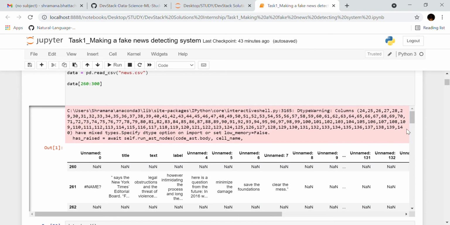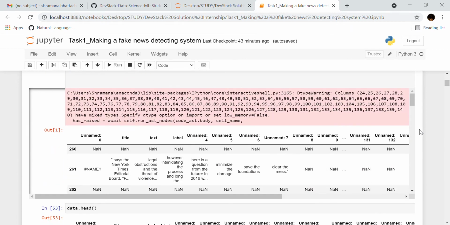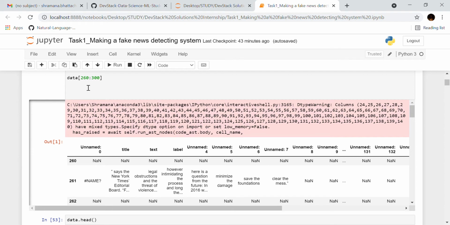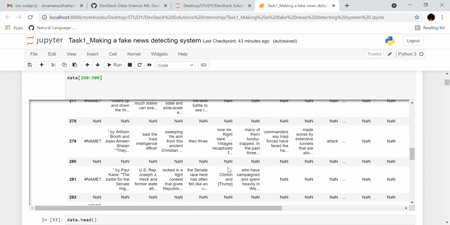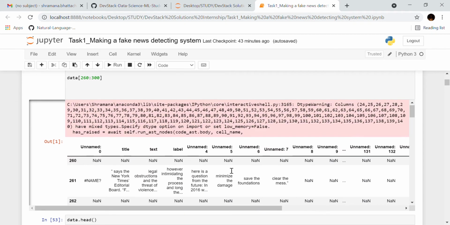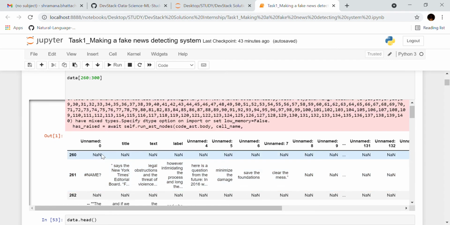Alright. Before I move forward, there are certain other rows, like this example, 260 to 300 rows. This is the index that I have tried to print out in order to show that the dataset also has certain rows which are completely empty, that is, only have NaN values, and rows that do not have a classification, that is, the label does not have a classification, and the text is also scattered across different columns.